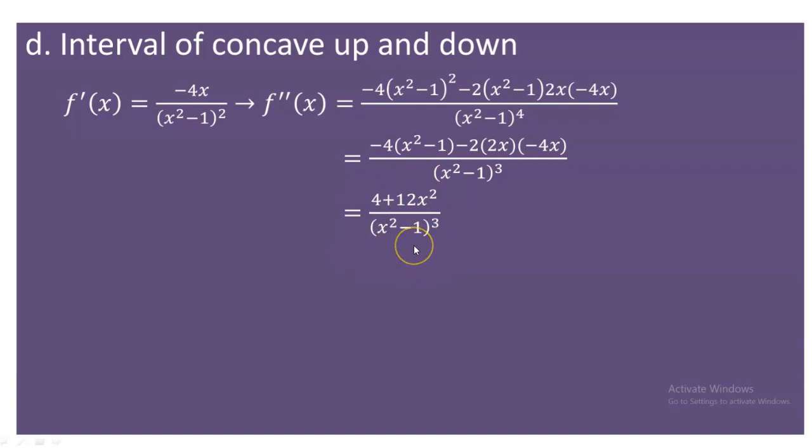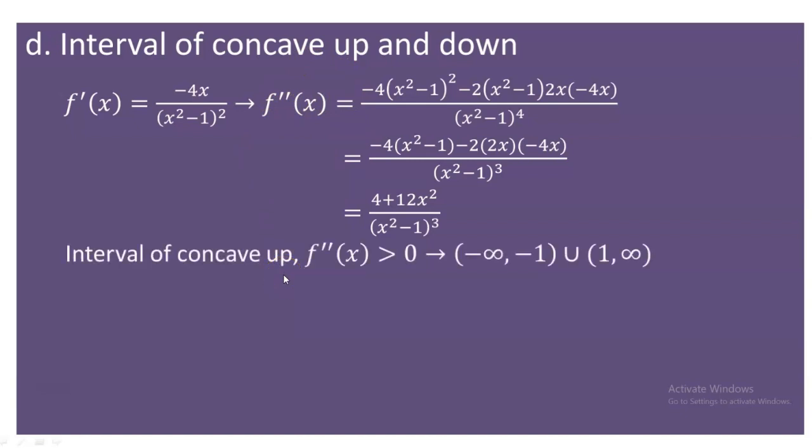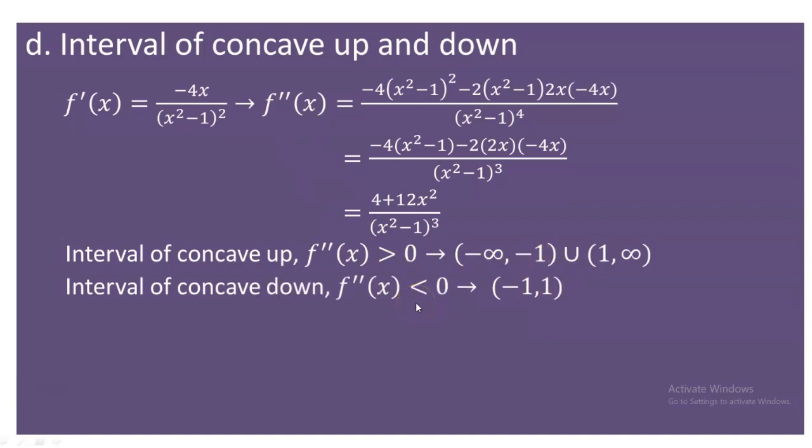So now we need to identify the case where this second derivative is going to be positive and negative. So the interval of concave up is obtained when the second derivative is positive, and clearly the numerator is always positive as you see. So we need to concentrate on the denominator alone, and as you know, x squared minus 1 comes positive if you are taking x values greater than 1 and less than minus 1. So clearly the graph of the function gets concave up within this interval,